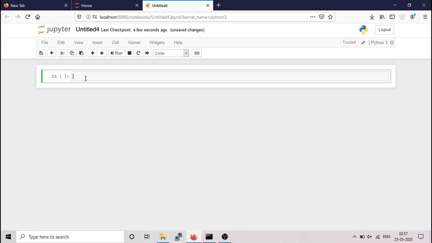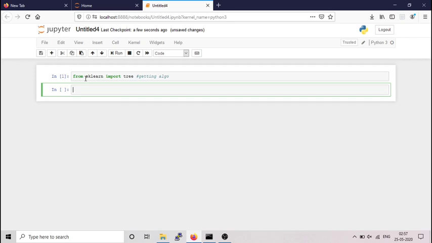As a dependency we'll be importing sklearn. From sklearn import tree. So we are getting the algorithm from here. Let's run this.